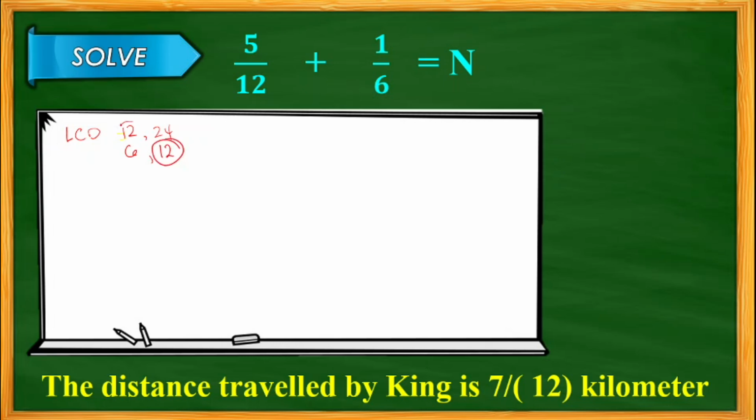So the least common multiple is 12. So we're going to write this one: 5/12 plus 1/6. So the common